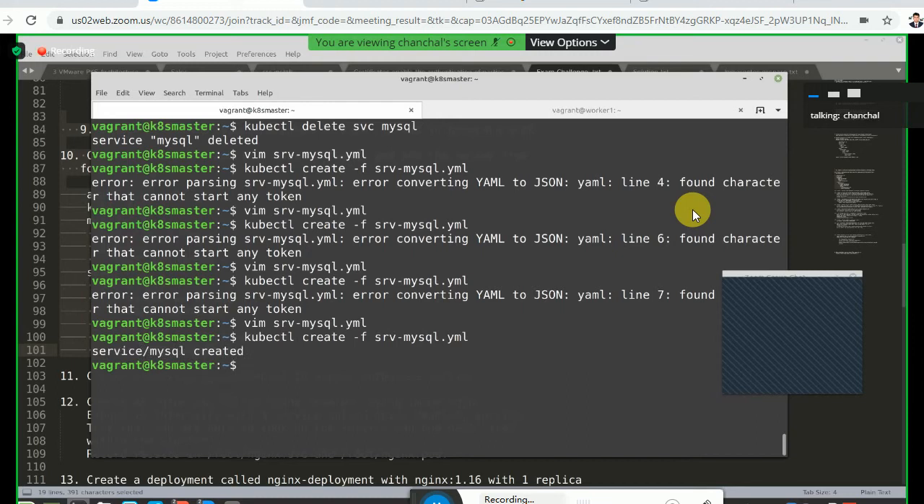Okay, so even if your syntax is all right, sometimes this can still cause some problem. Your voice was not coming, so this is a test. Okay, so kubectl describe